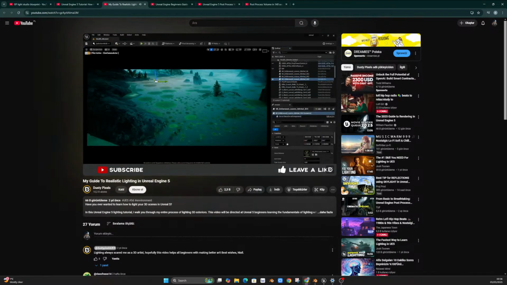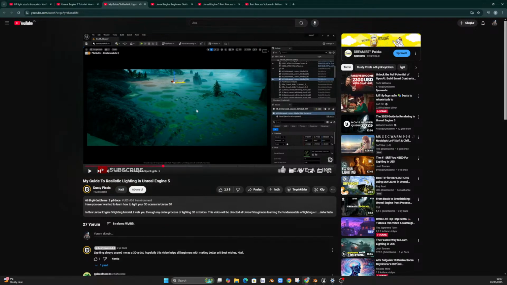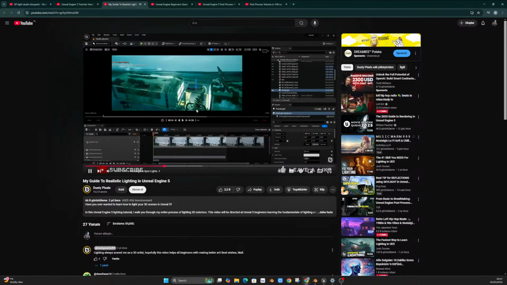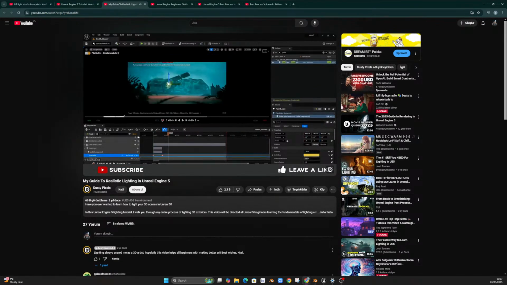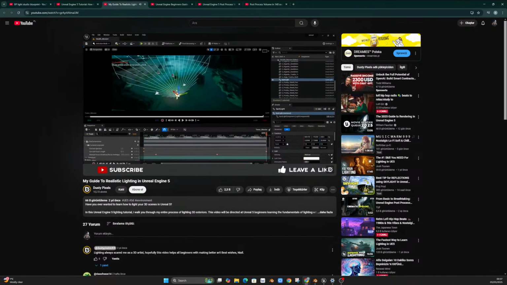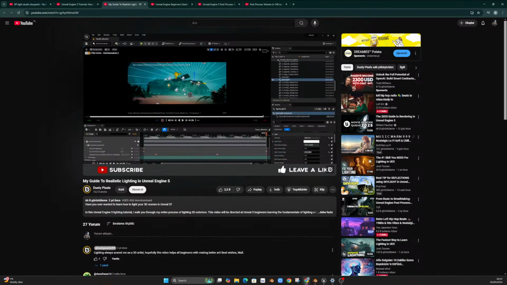Rectangle and spotlights are a diegetic form of light, meaning that they are really good for achieving desired results of illuminating objects within your scene. Something like a car spotlight or a flashlight would be a good example. They can also be used to highlight characters and main subjects, and when setting these in your scene, you want